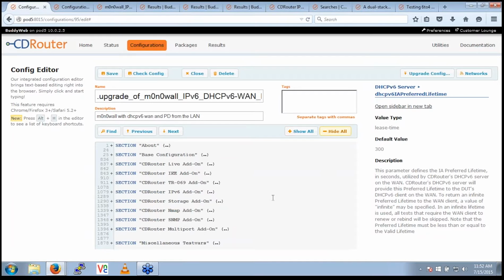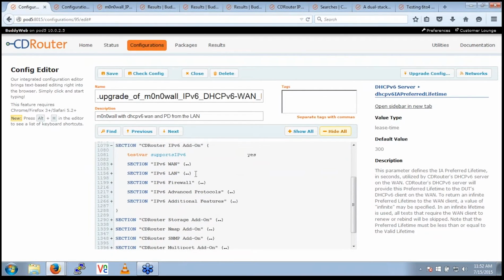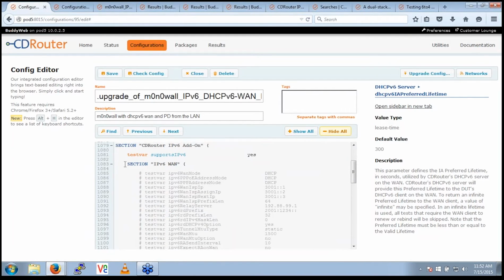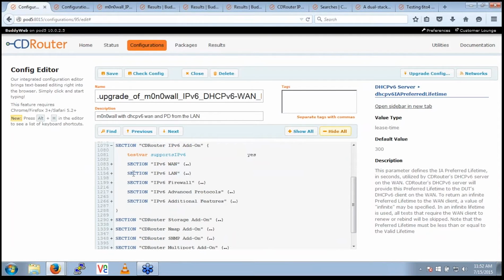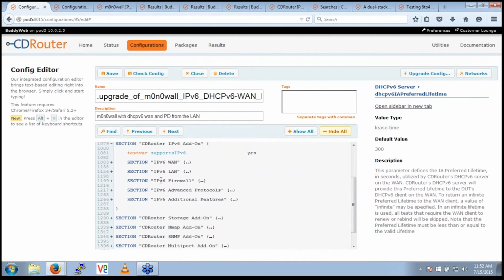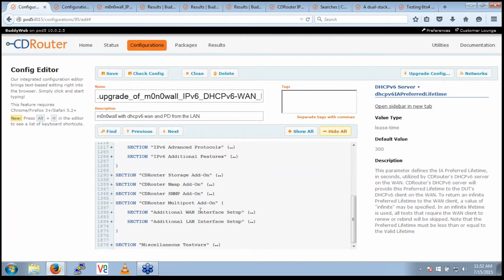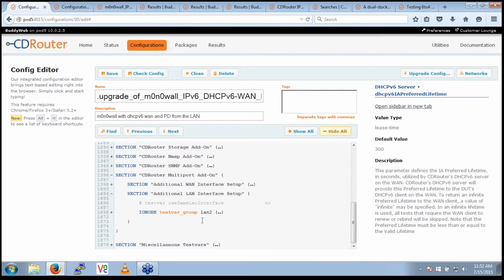So here we have our configuration file, and in the IPv6 add-on section, we've configured our default WAN and LAN interfaces here. And that will be our address assignments. For an additional LAN interface, we will jump down to the MultiPort section, where we have WAN and LAN settings. Under LAN, we could expand that and define one or more additional LAN interfaces. These are logical LAN interfaces. So if we wanted another IPv6 LAN client on a different interface,